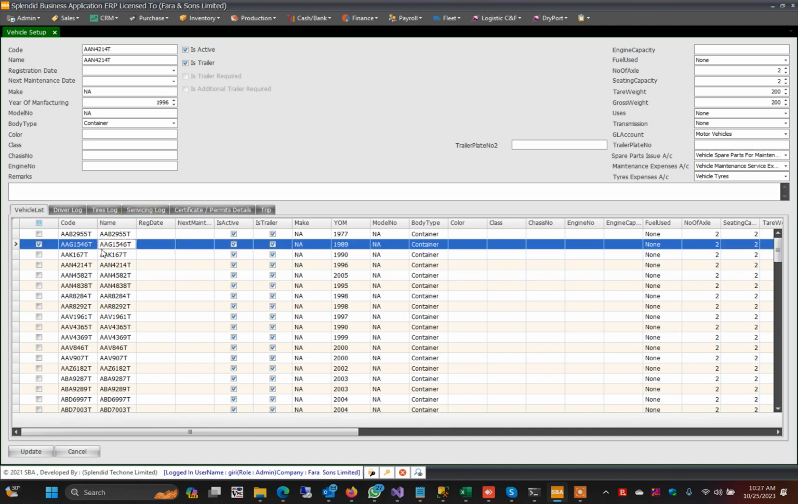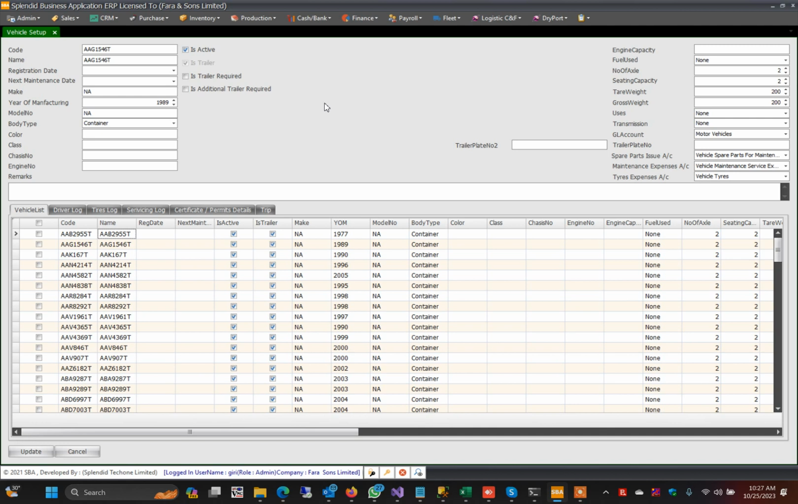Here, to define whether this is a trailer, or this is the horse, or this is the full vehicle, there is a category. If we say it is a trailer, it means this is definitely a trailer, and is trailer required and is additional trailer required will not be applicable because this is a trailer only. If we uncheck is trailer, and we don't check is trailer required and is additional trailer required, it means this is a full body vehicle. So we don't have to attach any trailer